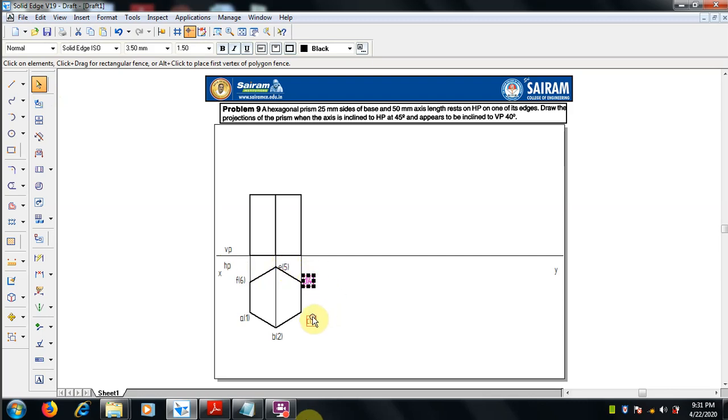Once the top view is done, then we have to go for the front view.